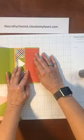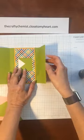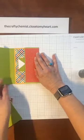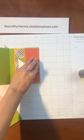And then you want it to close and hold it for a few. Although you want to make sure it doesn't, okay, that's good. You want to make sure it doesn't glue to your pattern paper. So I'm going to glue and hold it for a few minutes. So while that's drying, let's see. I'm going to check on the